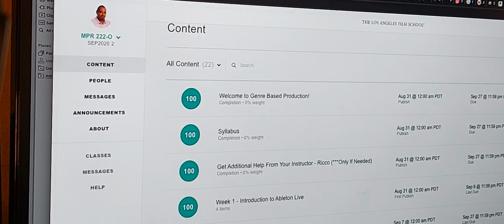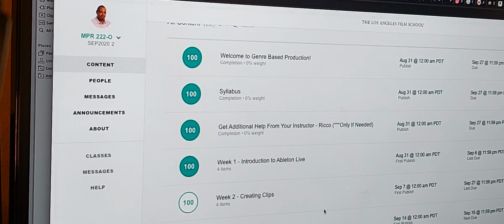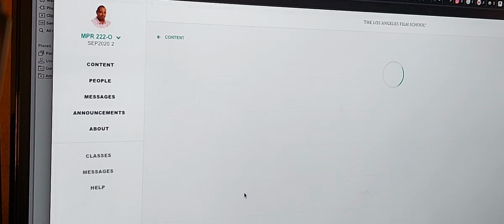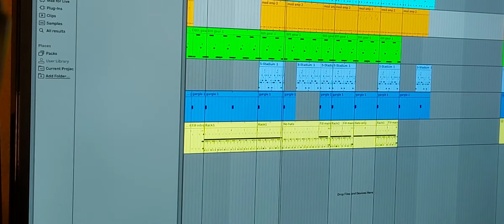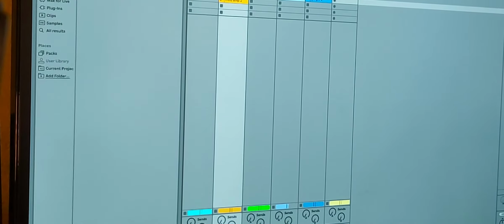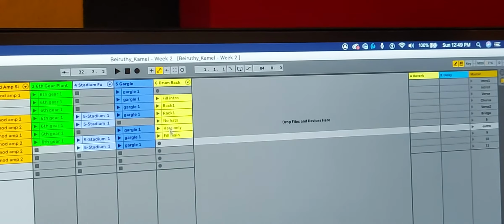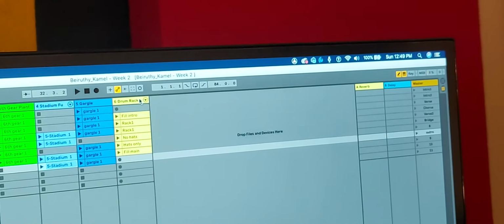week 2 is about creating clips, which I'm done with. And that was the project, where I created a drum clip. Actually, all the clips you saw were created by me, except for the melodies and stuff that was in there. Switch back. So basically what they do is they give you a first row of clips, and this one actually came without the drum clip track. So I created a drum clip track, as you can see right here. Created a drum clip track and put a drum rack on it.